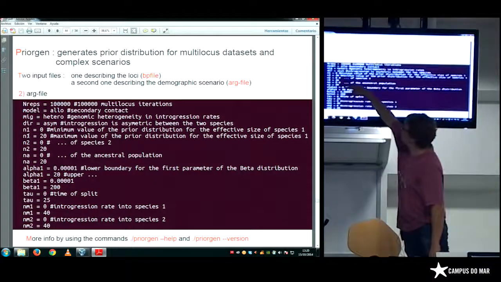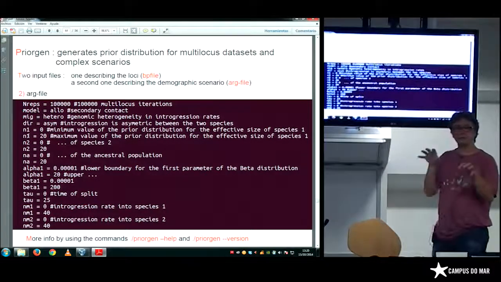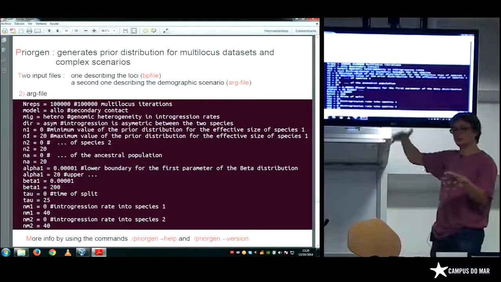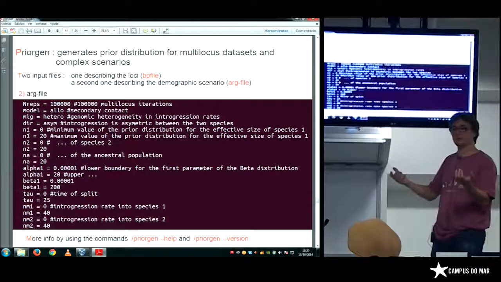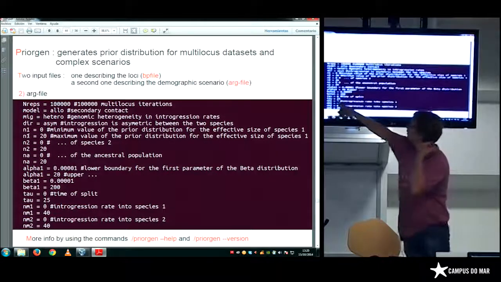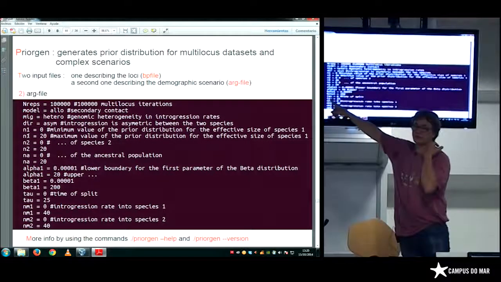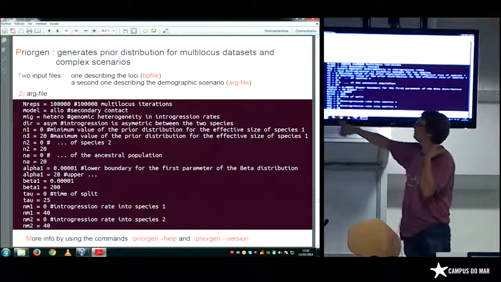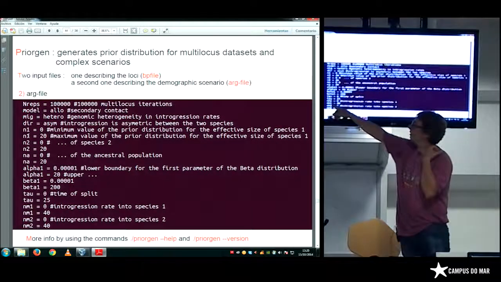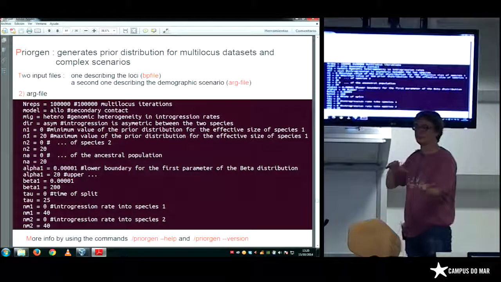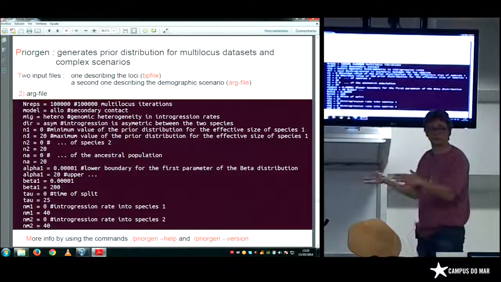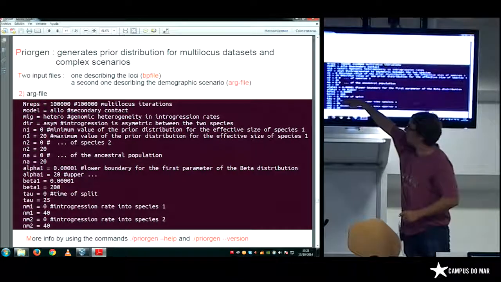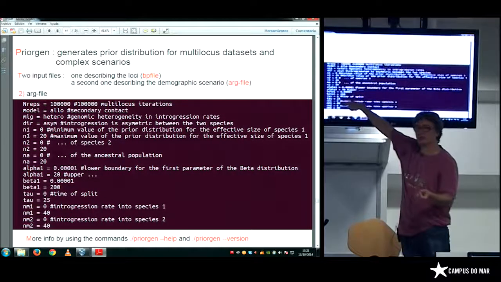Here it's the boundary of the prior of alpha and beta, the two parameters of the beta distribution used to simulate heterogeneous gene flow. Tau is the divergence time, assumed to be uniform between 0 and 25. NM1 is NM in one direction and NM2 in the other direction. And again, a uniform prior between 0 and 40.